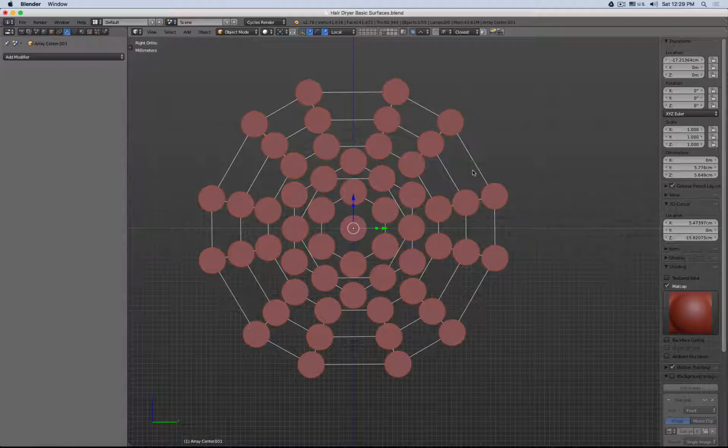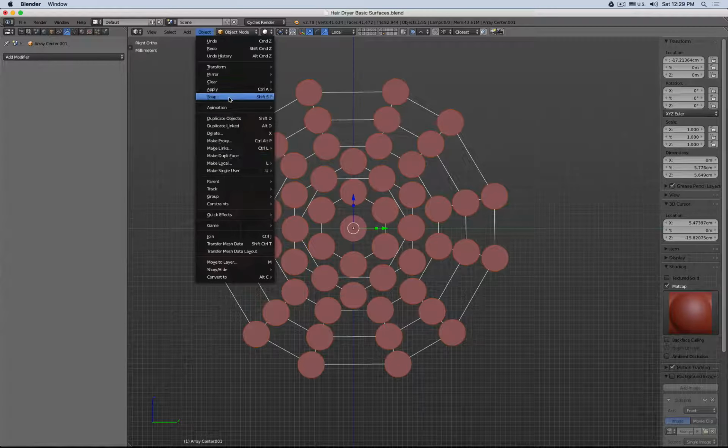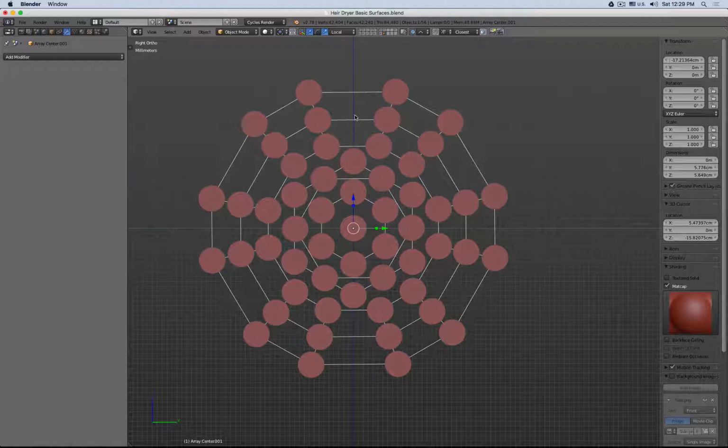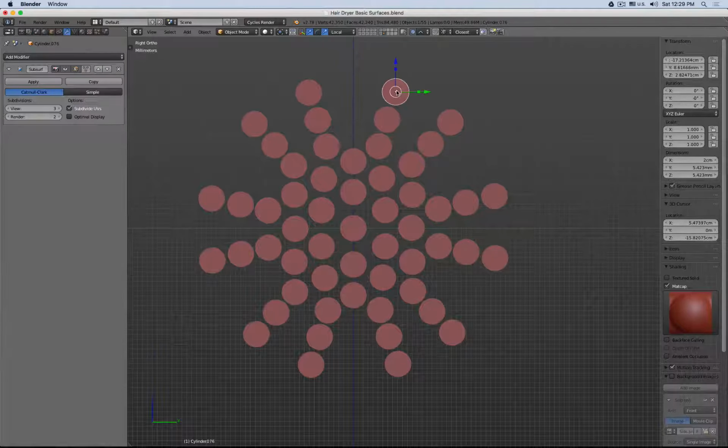What we will do now is apply this effect so that the instancing we turn into actual objects by using the make duplicates real command. Then actually this mesh we can remove, and now we have all these individual objects. Perfect. So the trick now is what I want is to select all those objects here